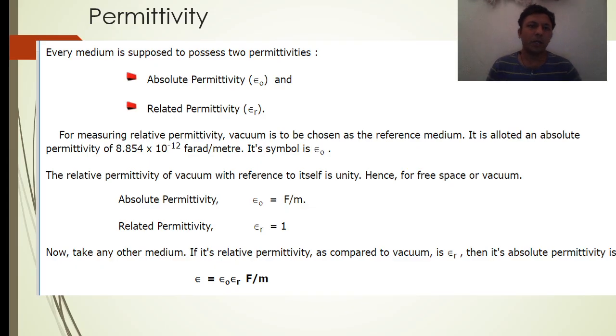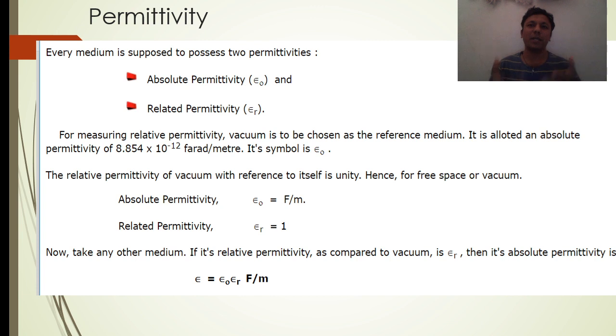Our next section is permittivity. Now, what is permittivity? We should know how a capacitor is manufactured. The capacitor is also manufactured using dielectric materials. The property of dielectric materials is to store charge. You know that with a conductor, we can easily flow current, but a dielectric material cannot flow current easily.